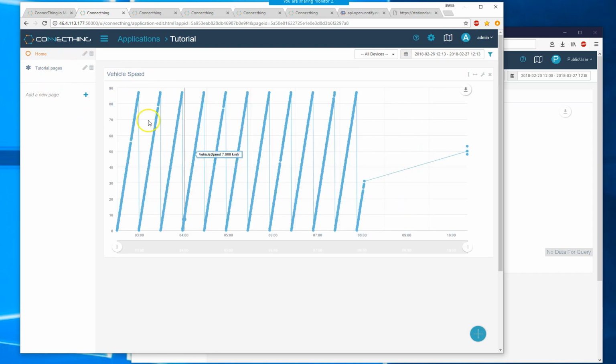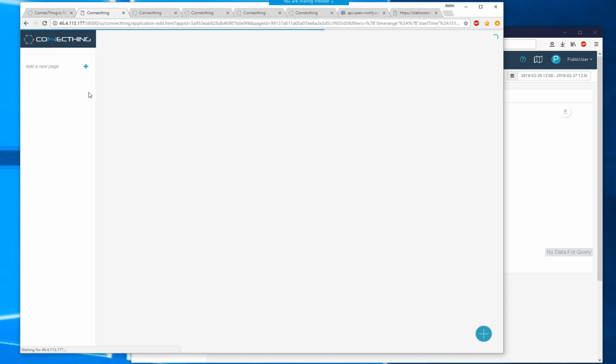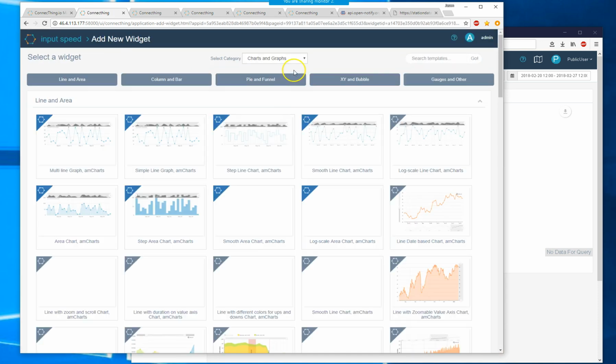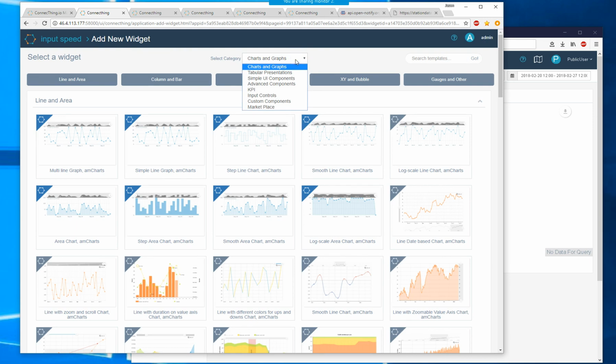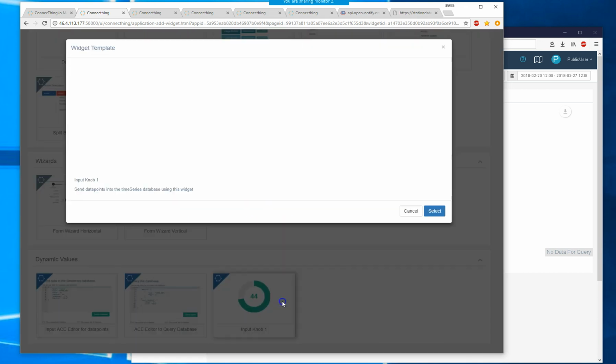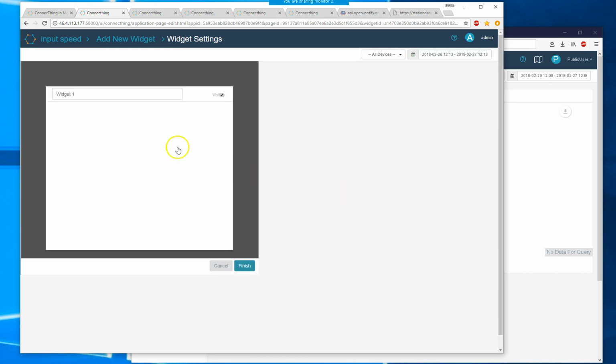This charts the vehicle speed here, but I'm going to create a new page to input speed, because I'd like to add a different type of widget. Right now, I don't have a vehicle per se, and it would be awkward to kick off the simulator, or rather I could, but it wouldn't be very interesting. So I'm going to use one of the supplied widgets, this component here, which is the input knob,